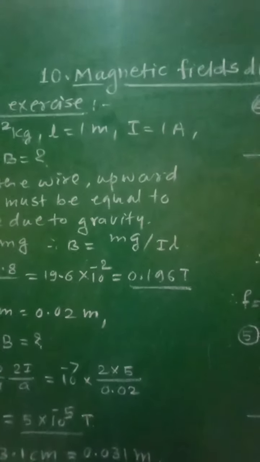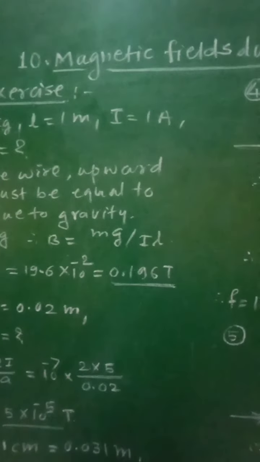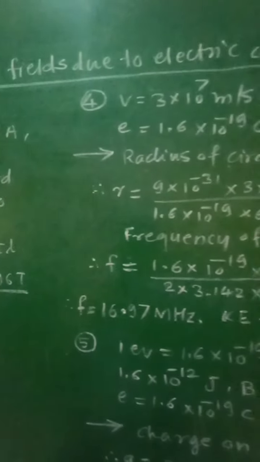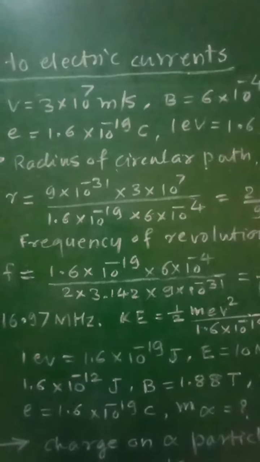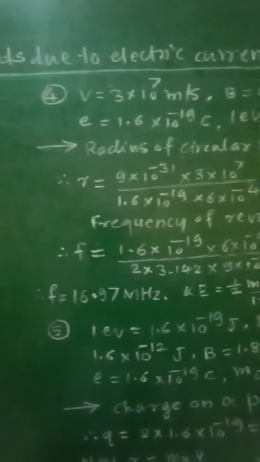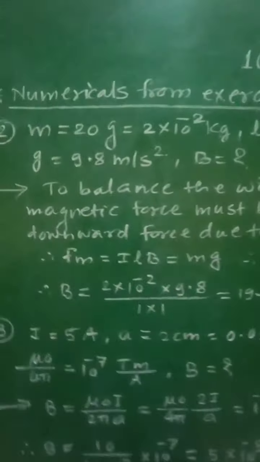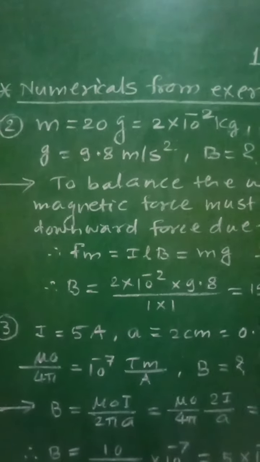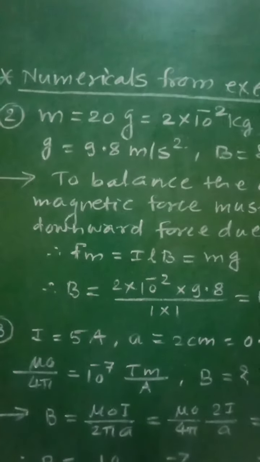Class 12th, Subject Physics, 10th chapter, Magnetic Fields due to Electric Current. From this chapter, let us see numericals from the exercise. Numerical number 2 is given as